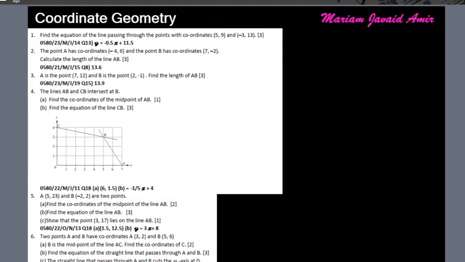Hello everyone, we're doing a worksheet on coordinate geometry. This worksheet contains almost all the questions from past papers from 2019 backwards towards 2010. Alright, so let's start with question number 1,